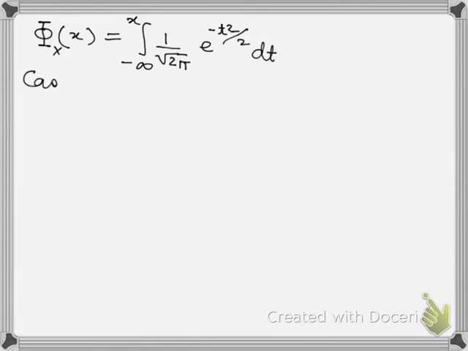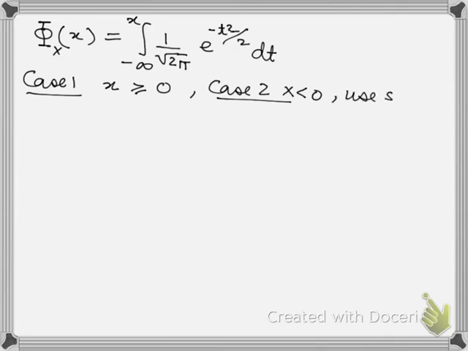Now we can break it into two cases. Case 1, when x is greater than or equal to 0, and case 2, when x is less than 0, and use symmetry to handle the second case. So we'll work on one case and then we'll just use symmetry to handle the other. If you think of it graphically,